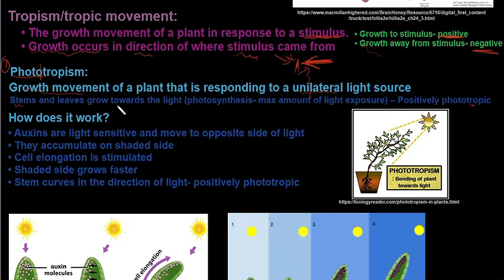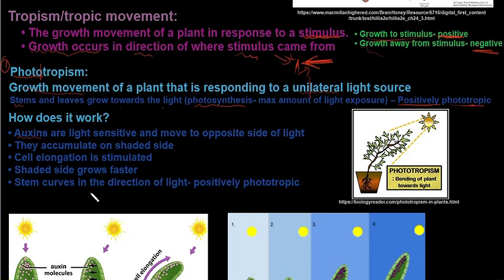So when the stems and leaves grow towards the light because they want the maximum amount of light exposure for photosynthesis, they will be positively phototropic. Why? Because there's a growth towards the stimulus, so it is positive. Now, how does this work? So auxins, the hormones we just discussed at the top, are light sensitive, and they move to the opposite side